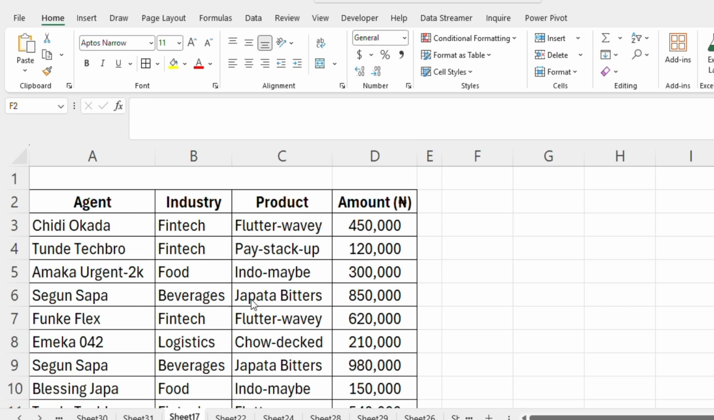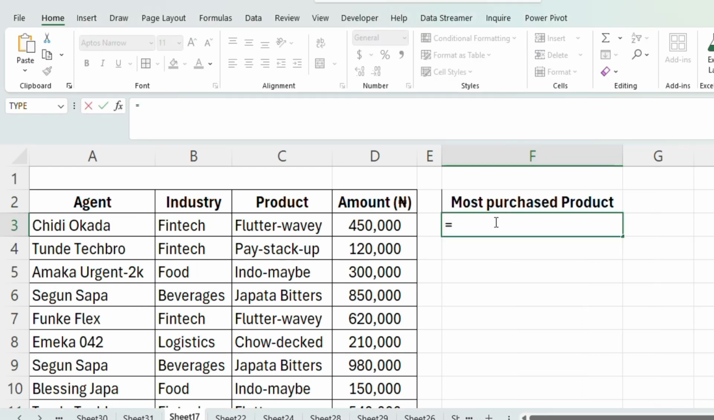We have the following data. What we want to do is to identify the most purchased product. What I'm going to do is use a formula, equal INDEX, then select my product range,